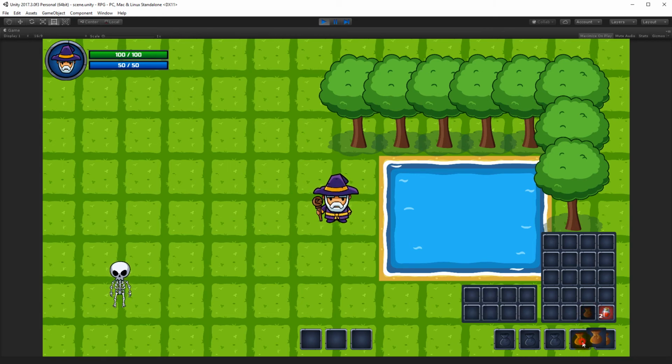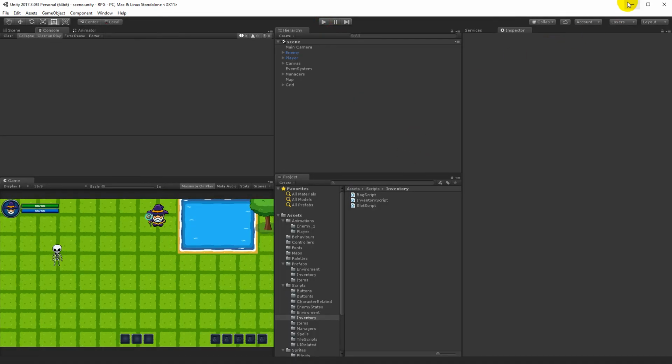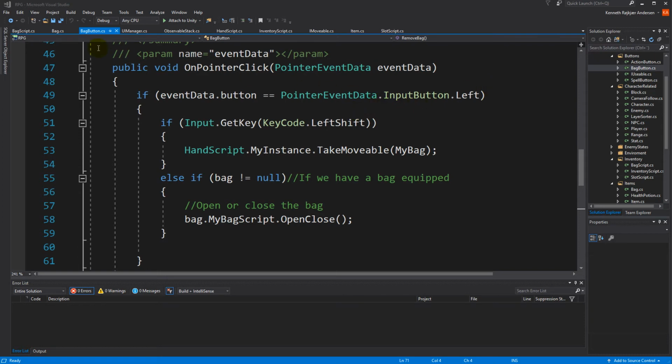I can't do the swap the other way right now. I can only swap from back bar to inventory, not from inventory to back bar. So let's just add that line of code so that we can do that. To do this, we have to jump into the back button script and we have to go to the